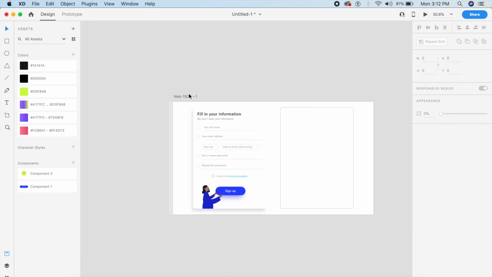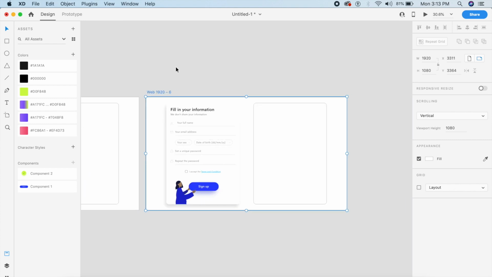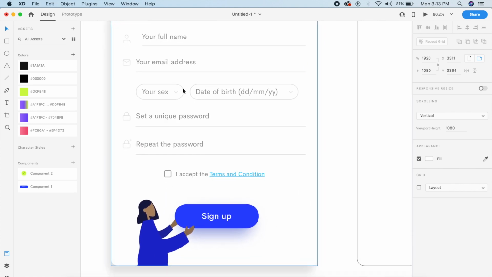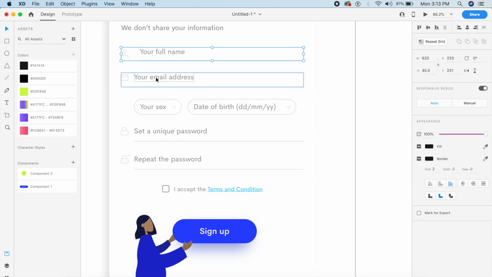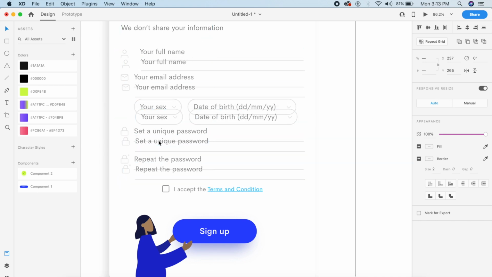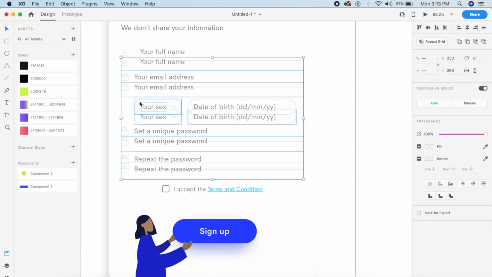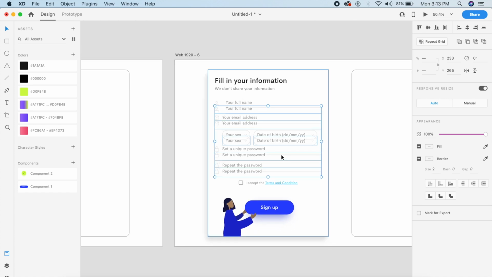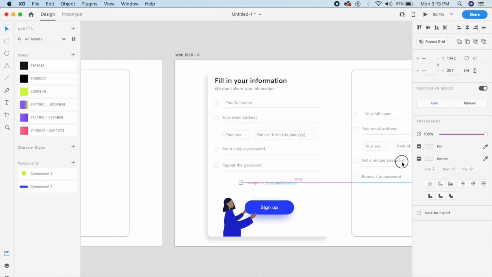To prototype this, what we're going to do is duplicate the artboard. And in this artboard, we're just going to duplicate each one of these. So just copy all of these, hold shift and select all of these, and duplicate them by holding option or alt and dragging them out just like that. Make sure that they're the same x-axis, and it can be slightly lower on the y-axis if you want. And what one can do as a solution to making this clearer is to place it somewhere else